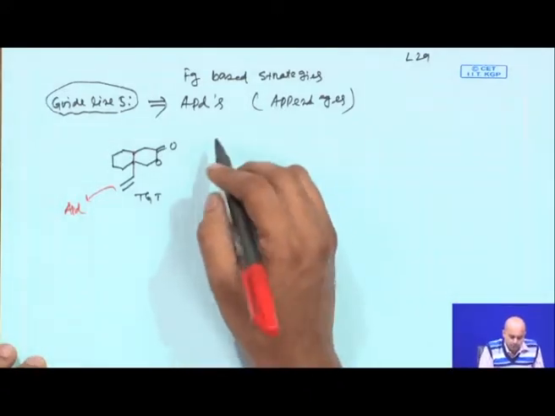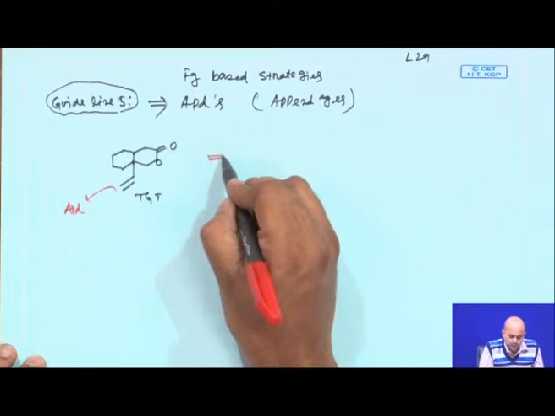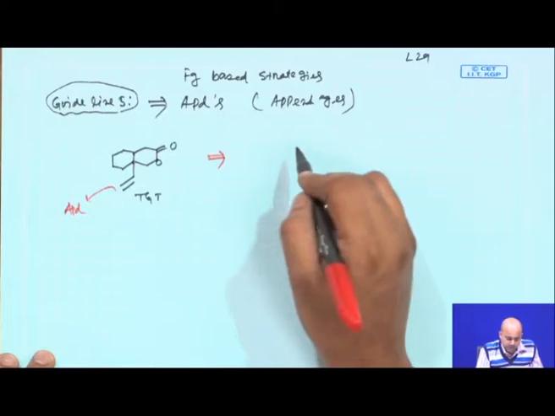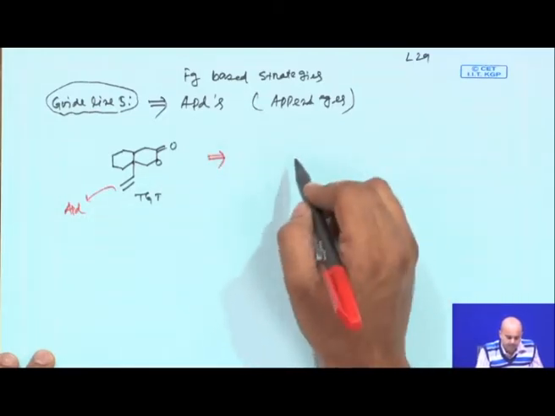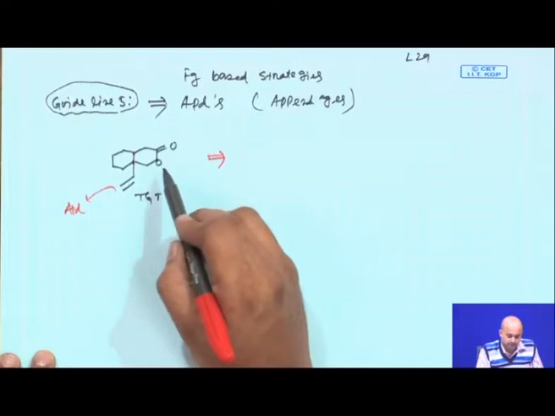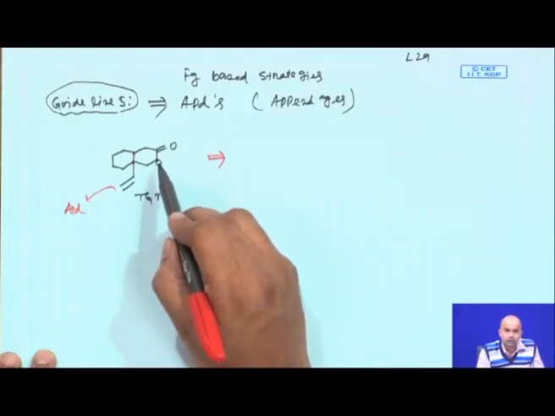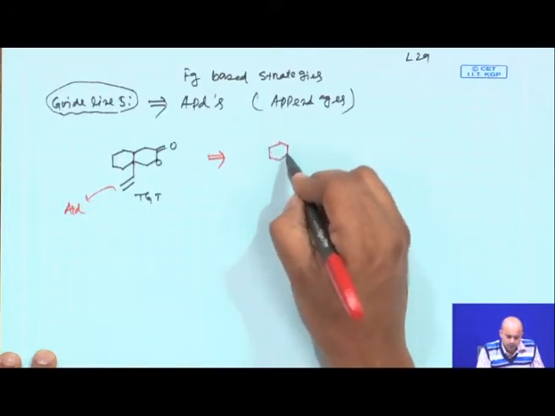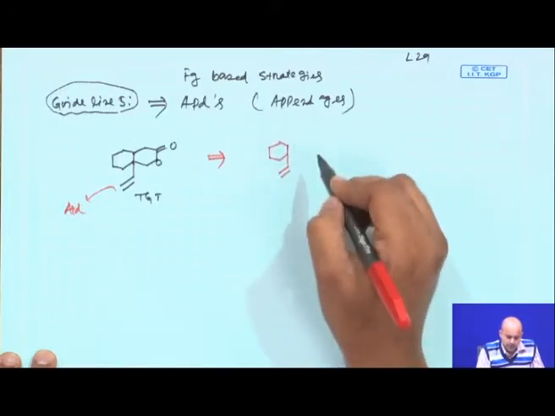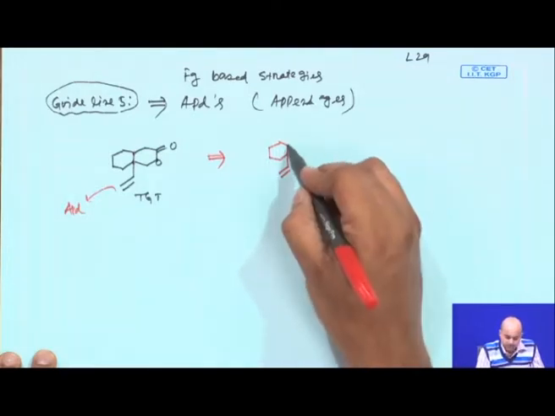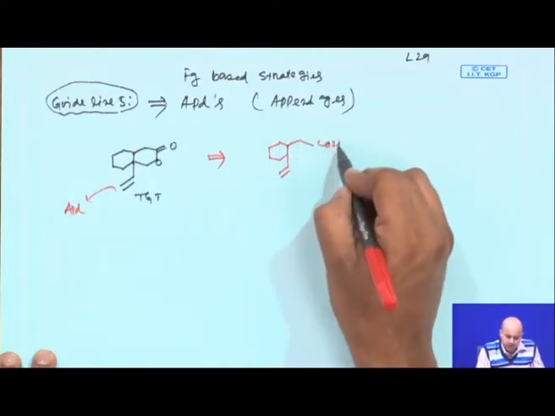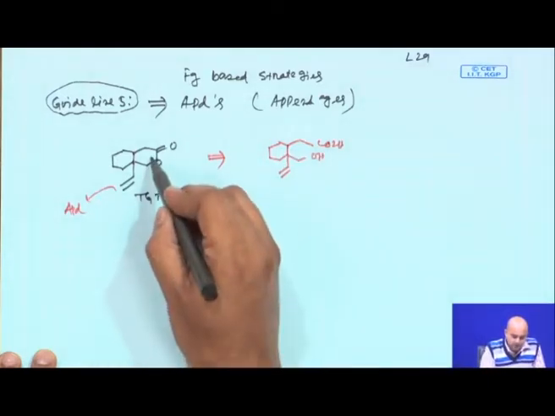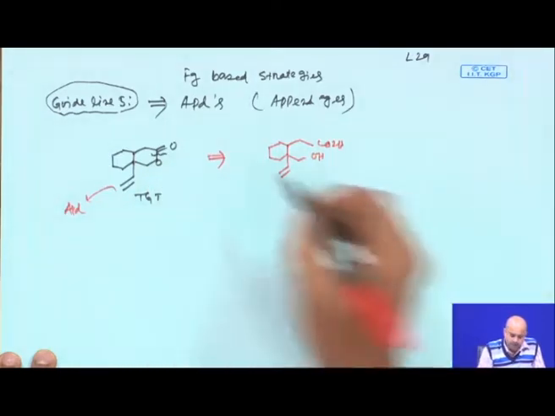Normally, there is absolutely no flexible rule; depending on the FGI, depending on the transformation, you can introduce this appendage by any means, any methods. Now, as there are other functional groups that also need to be constructed, we will first try to formulate it this way. We will not be doing the disconnection of the appendage at the beginning; we first do the disconnection at this lactone. The lactone was initially thought to be disconnected by this bond through an FGI.